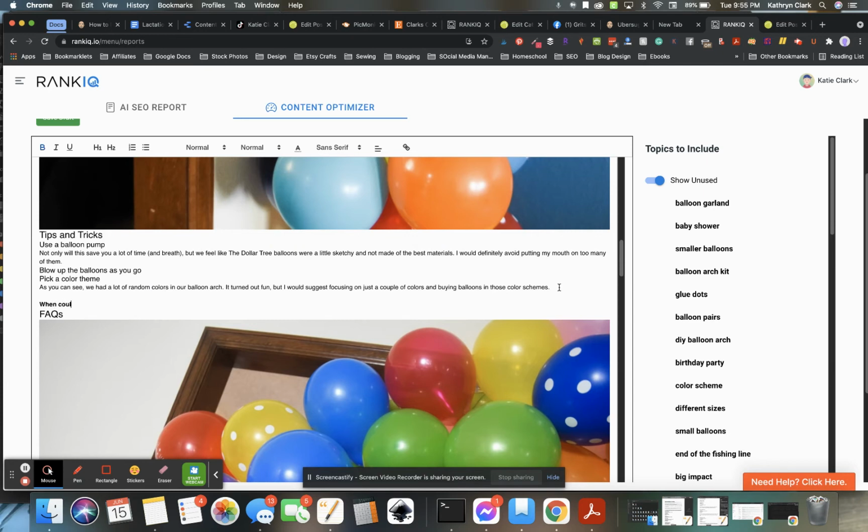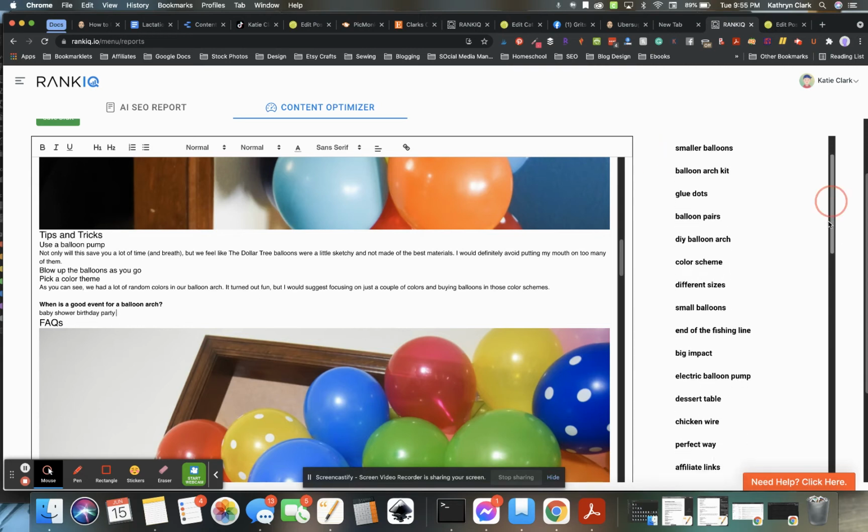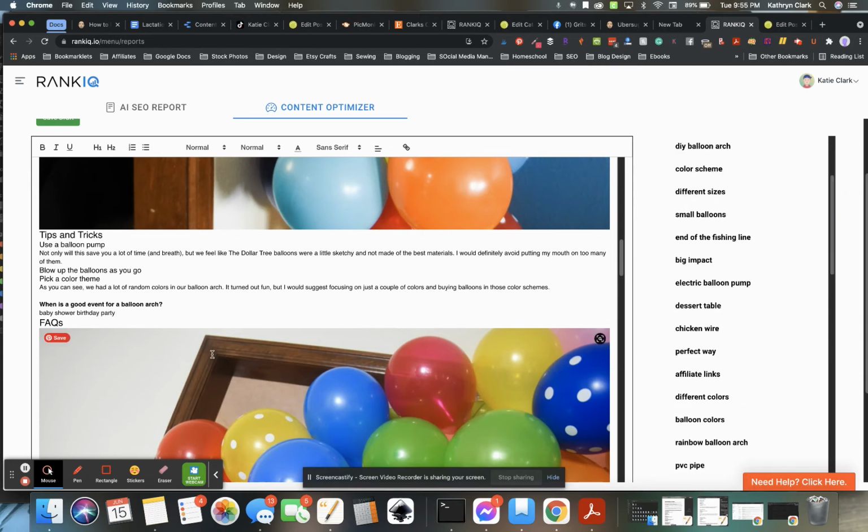when is a good event for a balloon arch. And obviously that's not the best title. And then I'll just put different keywords. So I'll type under here baby shower. So I see birthday party, a dessert table,